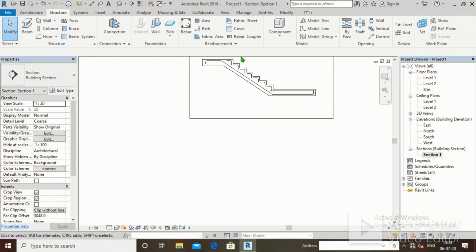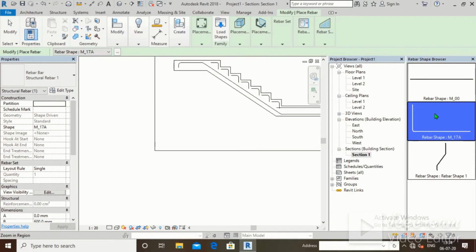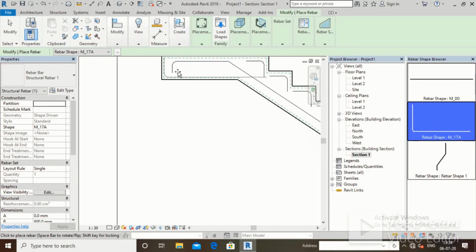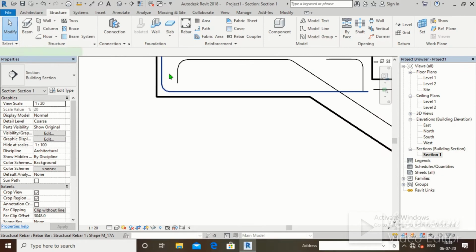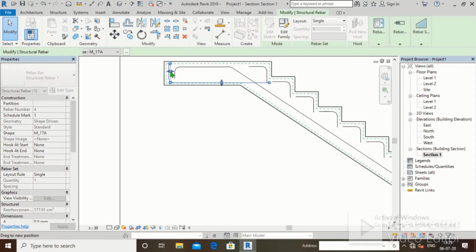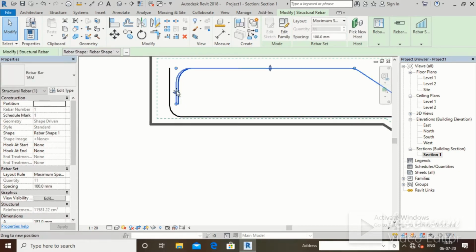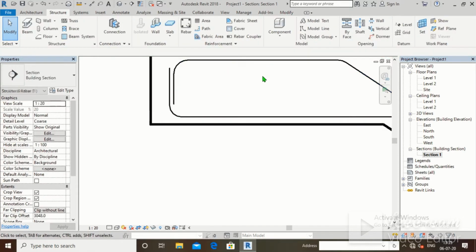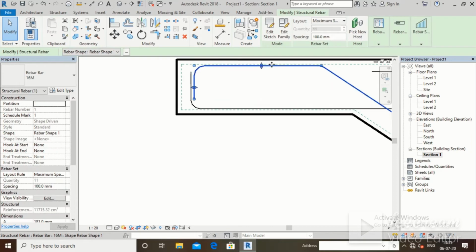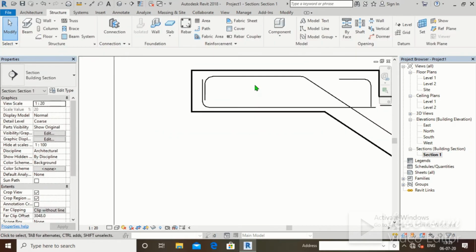We will again select rebar, select M17A. We will move it a little bit inside and stretch it a little bit downward. Again we will move it till here, move it upwards, downwards.